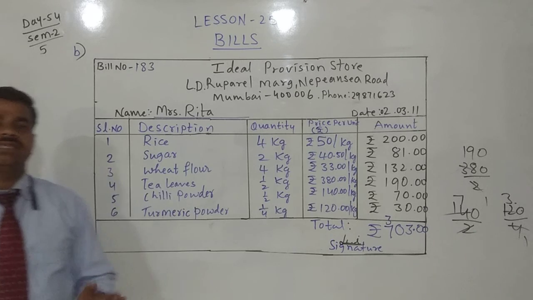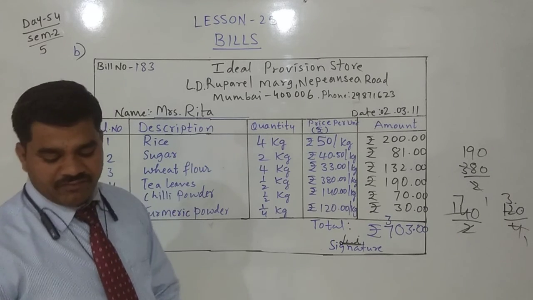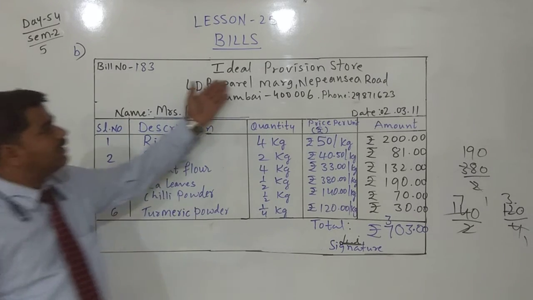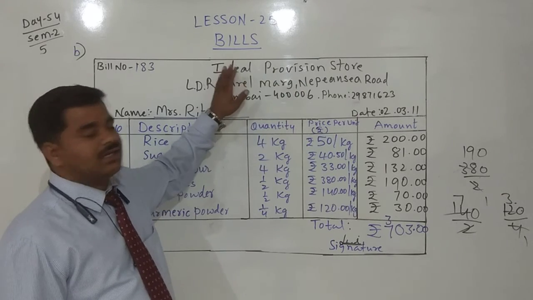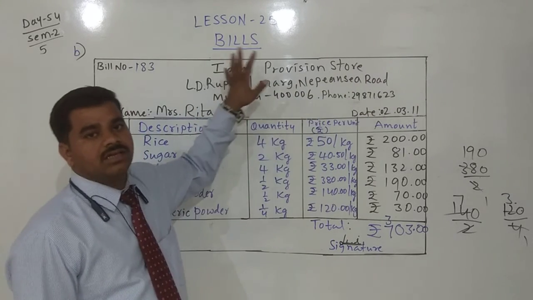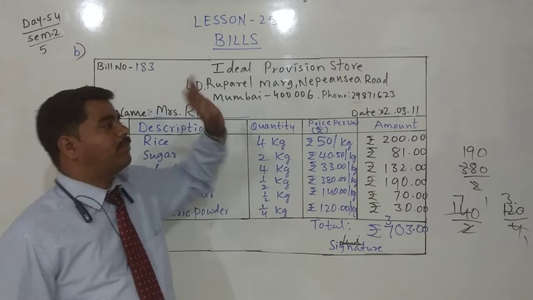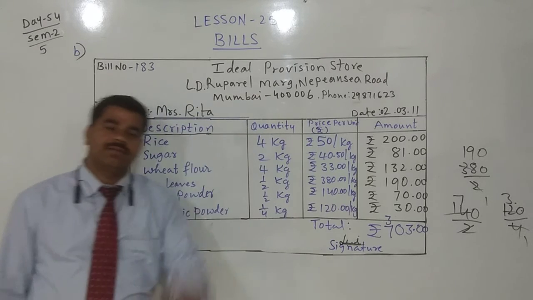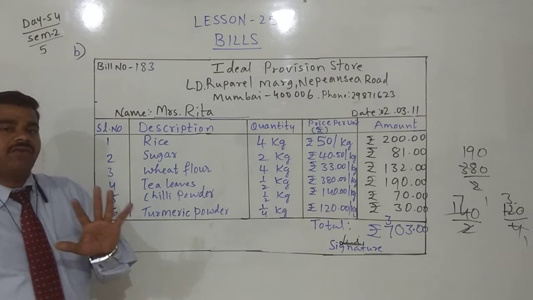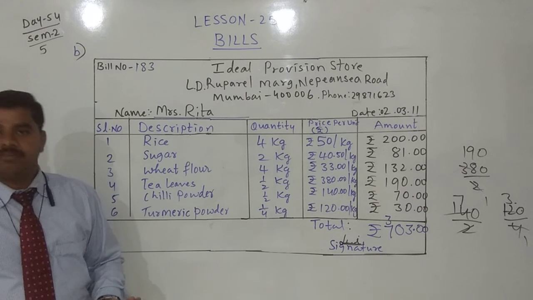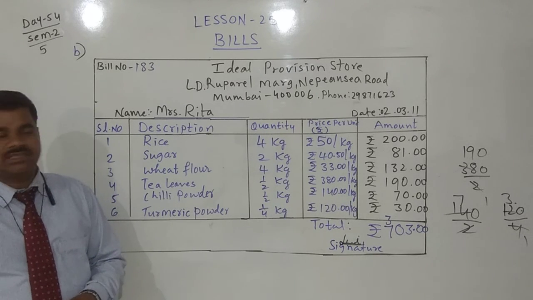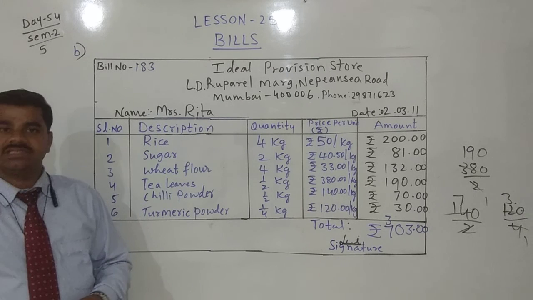Yes, this is the small activity. Minimum 5 bills of different stores. One Ideal Provision Store, or we can take a stationery store or a hotel bill, or a petrol bill. Petrol bunks provide a bill, diesel or petrol, that's a fuel bill. Like that, 5 bills you have to stick on a paper and send through WhatsApp. That is your activity. With this we will complete today's session.